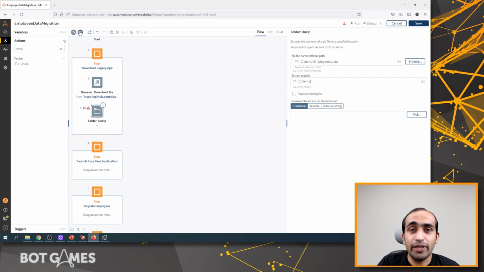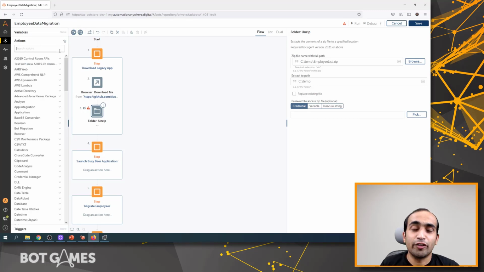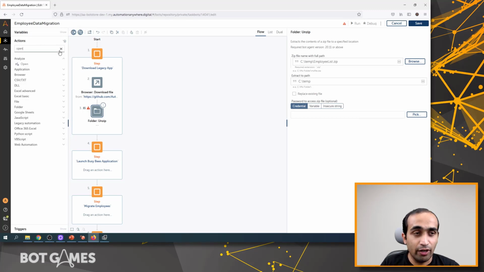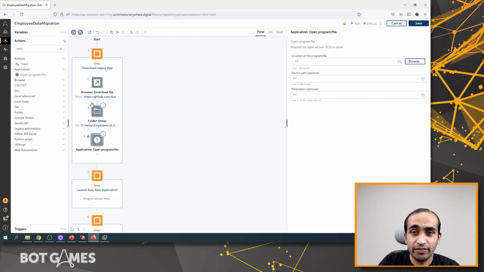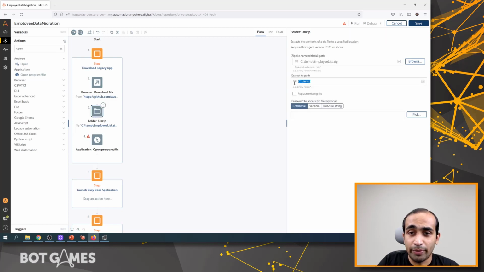Now the next step is to launch the application. For that I'll use an action called open. Under application you will have an action called open program / file. I'm going to drag and drop it here. And now we have to specify the location of the program or the file. I'll just copy it from here, that is C temp,